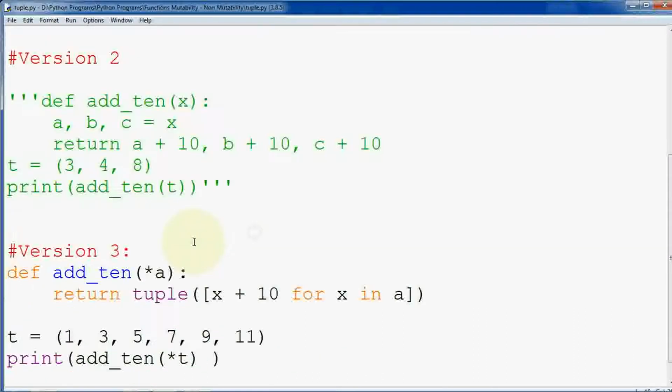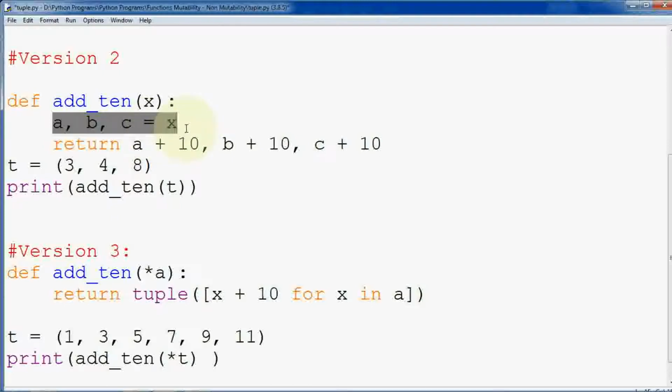Now version 2. In version 2 what I have done is I have just passed the tuple as t only, without any star or anything. How could it be possible? See, it is possible with Python's super feature. This is one feature which is allowed in Python only. You can initialize more than one variable in a single line. So a, b and c, all the values equal to x. Now what will be in x? In x we have passed t. So basically there are 1, 2 and 3 values. That's why I have initialized these 3 values. Now what operation have I done? Addition. A plus 10, B plus 10, the same operation only, add 10.